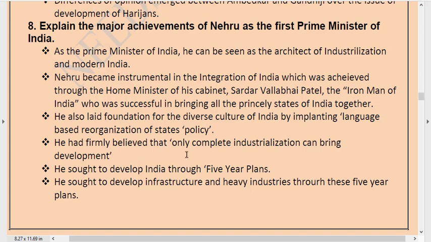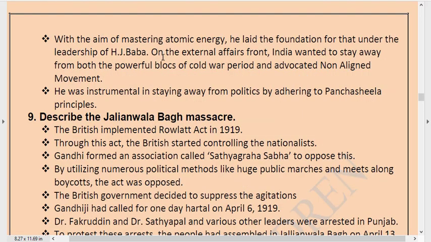He had firmly believed that only complete industrialization can bring development. He sought to develop India through 5-year plans. He sought to develop infrastructure and heavy industries through these 5-year plans. With the aim of mastering atomic energy, he laid the foundation for it under the leadership of H.J. Bhabha. On the external affairs front,